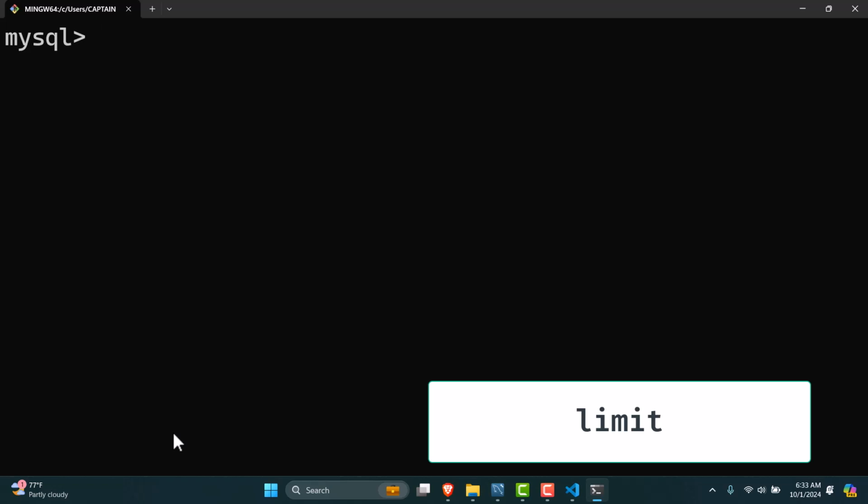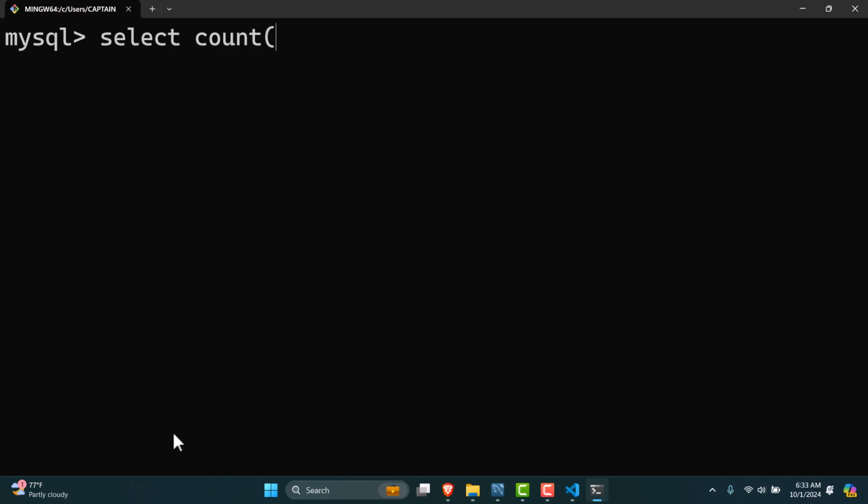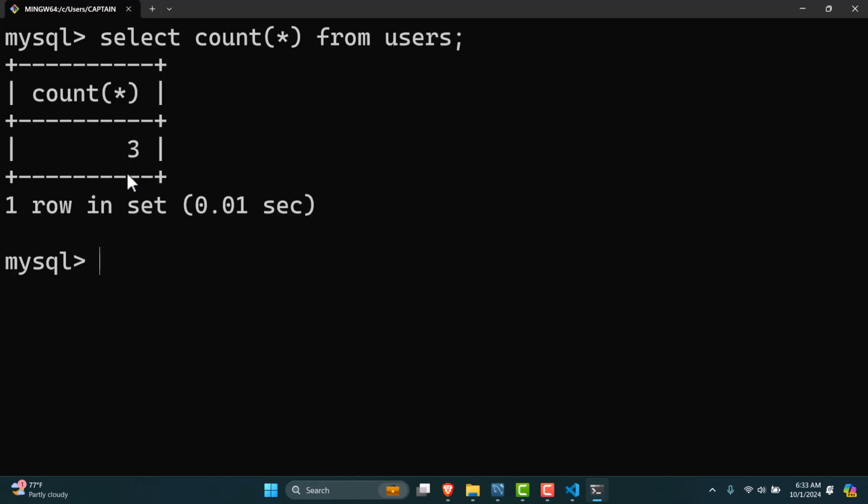Then we have the limits. So the limit is we have 3 records now. If we count, we do select count everything that we have. We will come out to this count from users. We have 3 records here. We have 3 records, but if I want to just select 1 or 2 out of these 3, you can